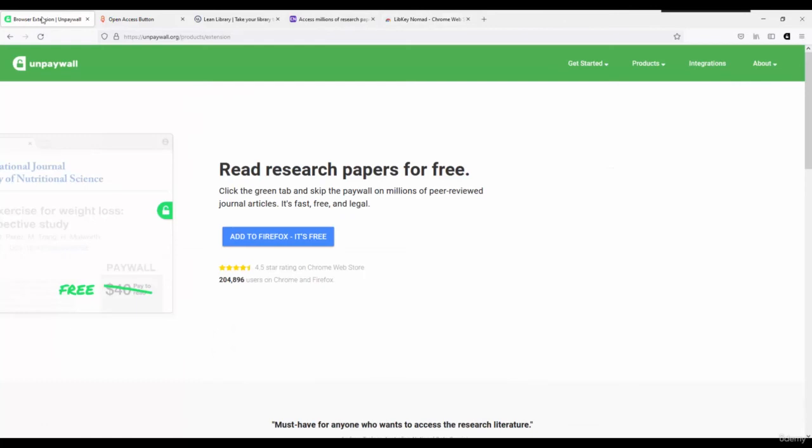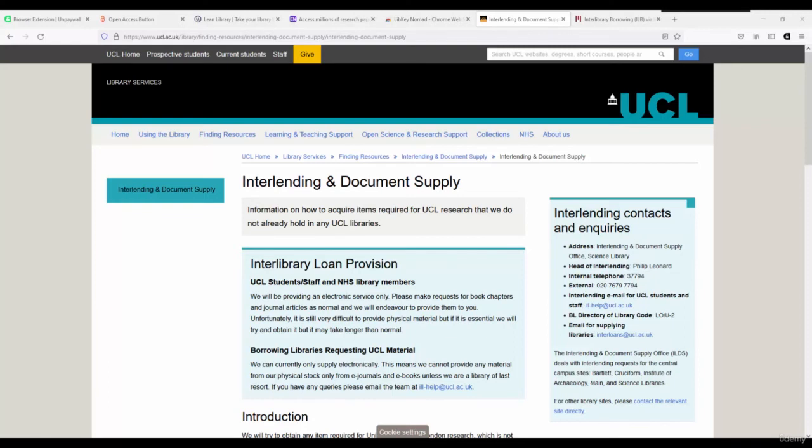But Unpaywall is my top pick for getting you access to freely available research in a legal fashion where it exists. It's not always going to get you access to the full text, but it is going to really improve your outcome overall. Another option available to you if you are currently studying is to use your university or college